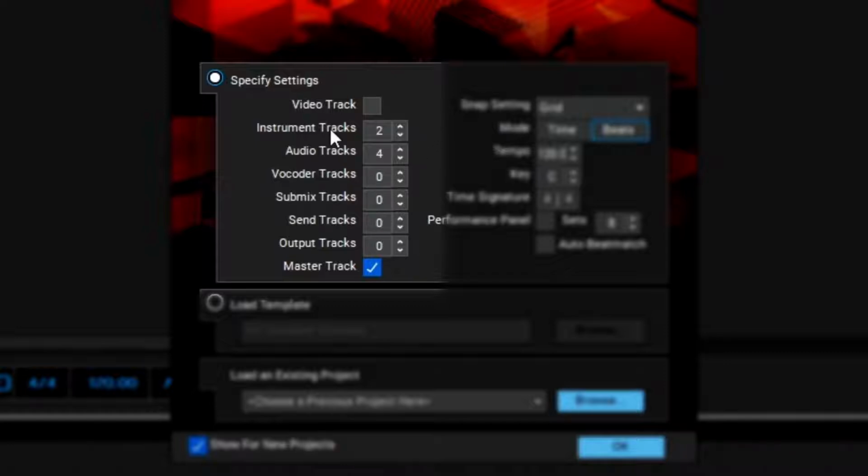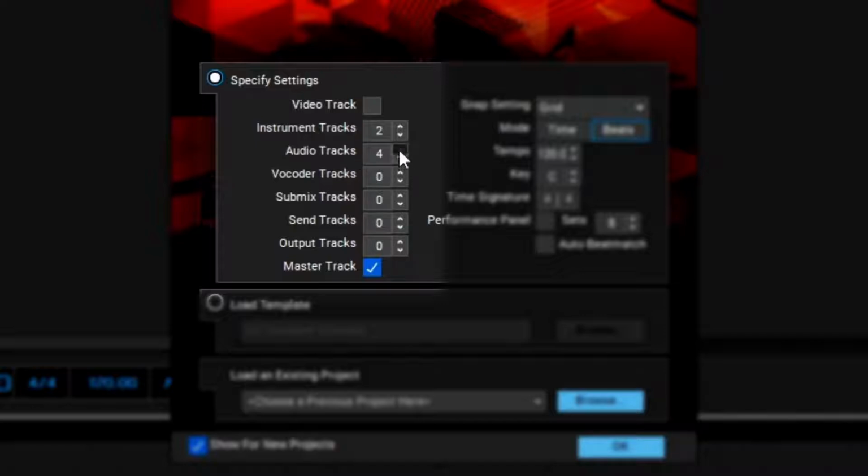Virtual instrument tracks can be any number of virtual instruments included inside of Mixcraft, so this could be a virtual drummer, a horn section, or synthesizers. I'm going to go ahead and use two of these because I know I might want a couple. And then below that are audio tracks, which are any tracks you're going to record audio to, like your vocals or a guitar or anything like that.